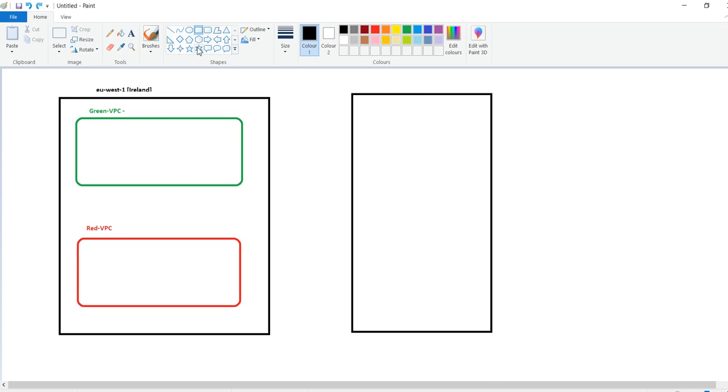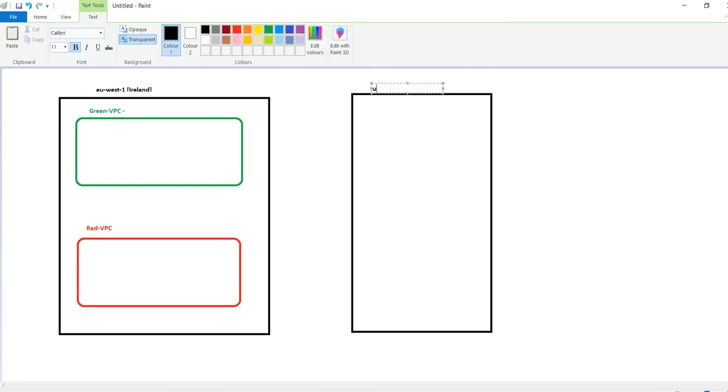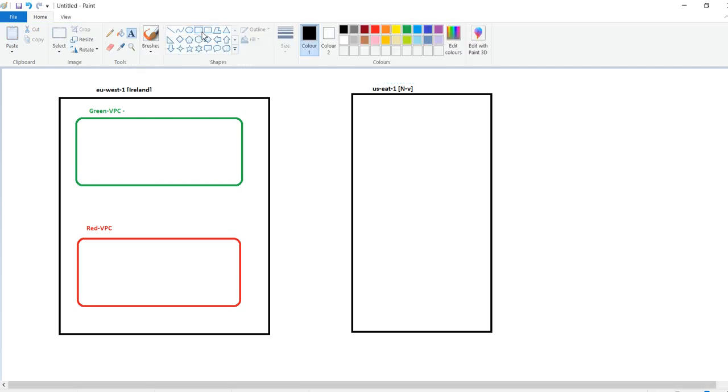We are going to use North Virginia as my second region. So US East 1, North Virginia.